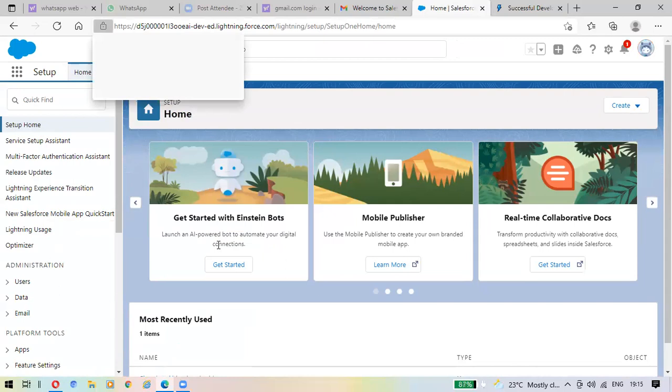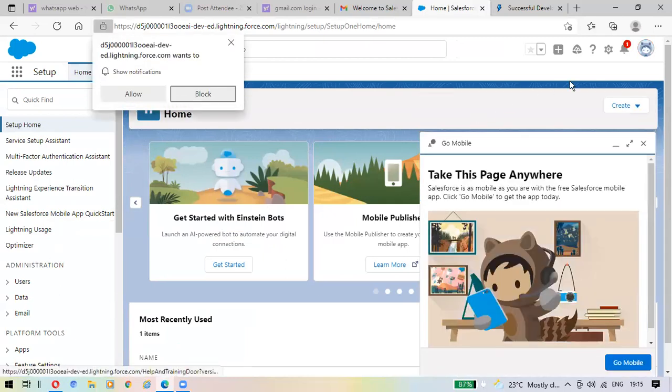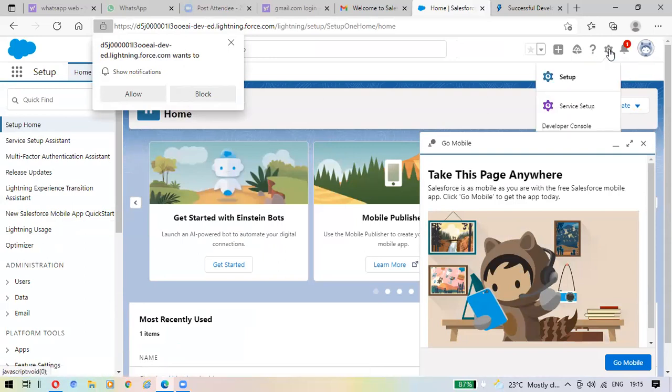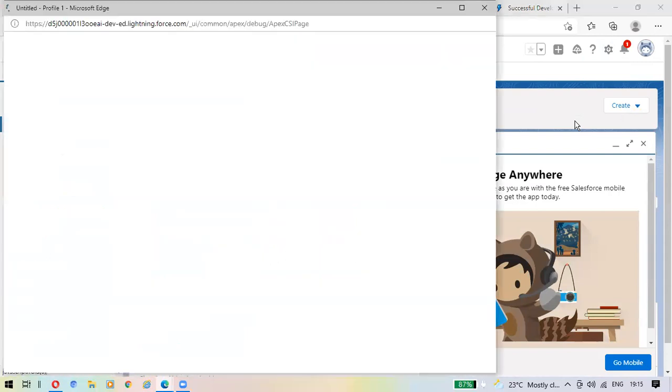From the top right, the next one, the settings symbol is there, right? Yes, click there, and go to developer console. See, in that,